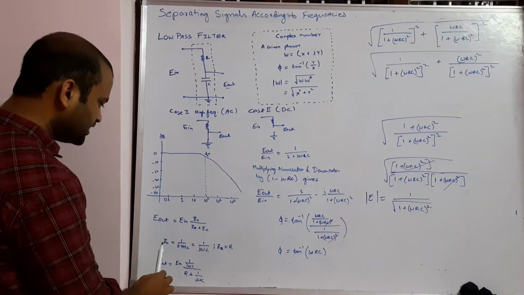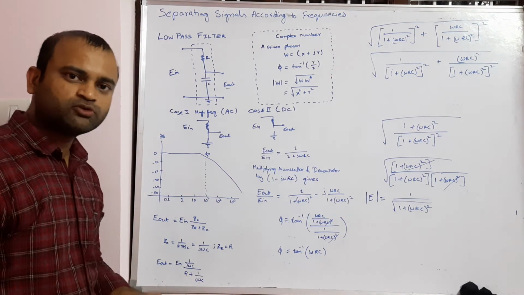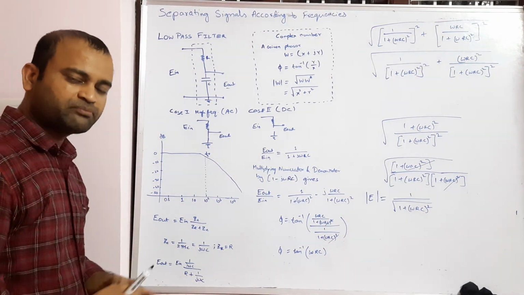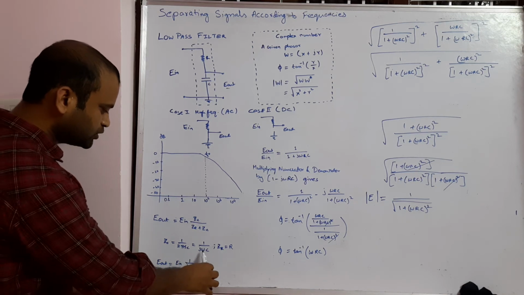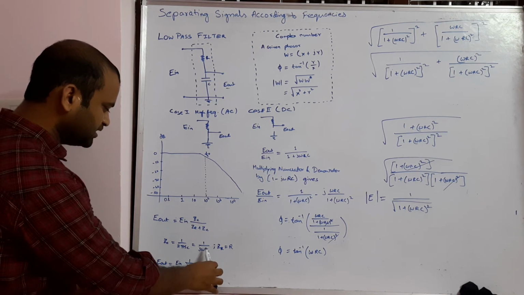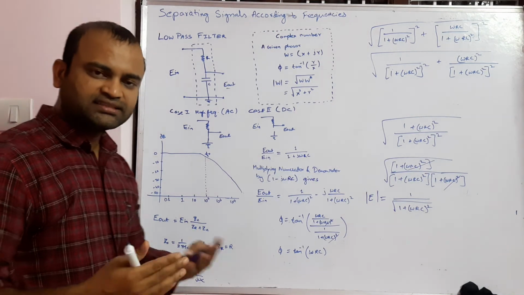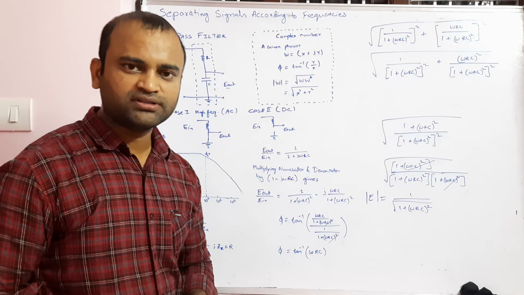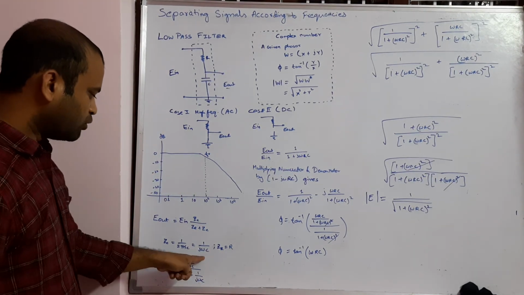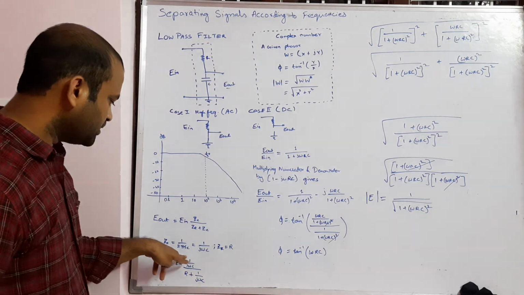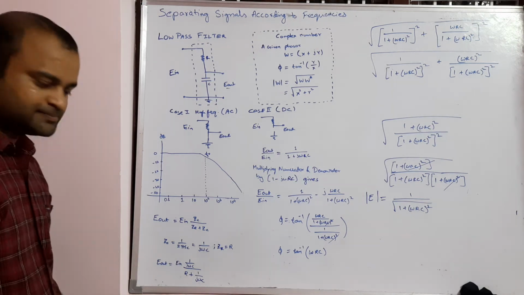Now the ZC formula, the capacitive reactance which we discussed in our previous video, is equal to 1 by 2 pi Fc, and 2 pi F is equal to omega, so ZC is 1 by j omega c. And for R, since resistance does not depend upon the frequency, ZR is equal to R. Omega is 2 pi F, the angular velocity of a phasor, so that depends on the frequency.